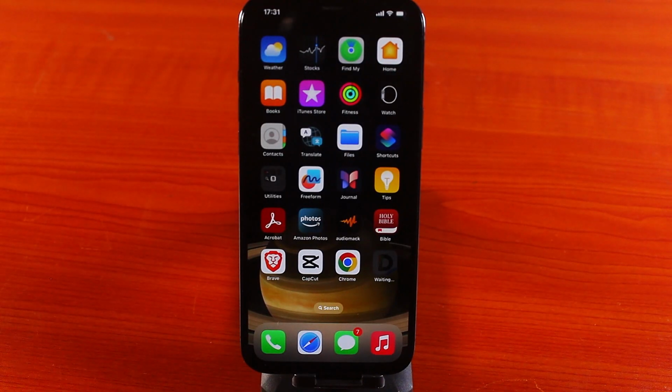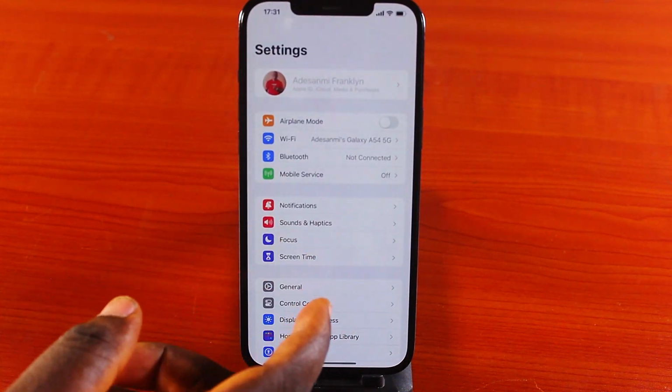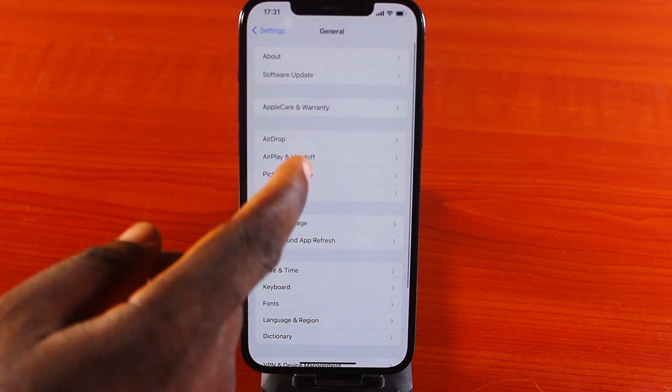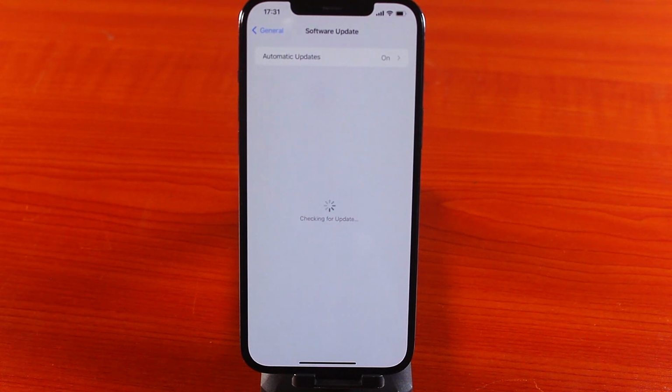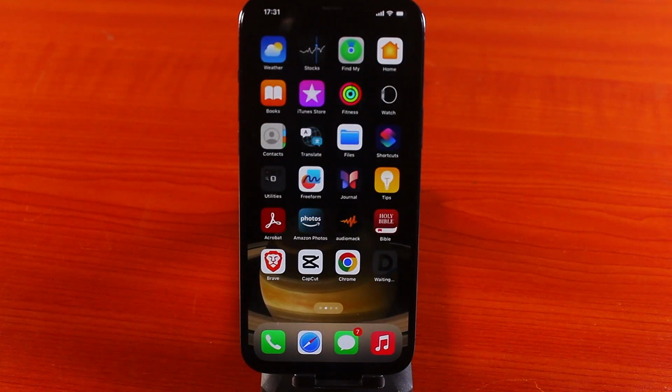In this video, I'm going to show you how to make wallpaper change automatically on iPhone running on iOS 17. If your iPhone is running on iOS 17, you probably know that you can easily set a wallpaper to change automatically on your iPhone. So I am running on iOS 17.4.1. If you're running on any iOS 17 version, you would be able to set your